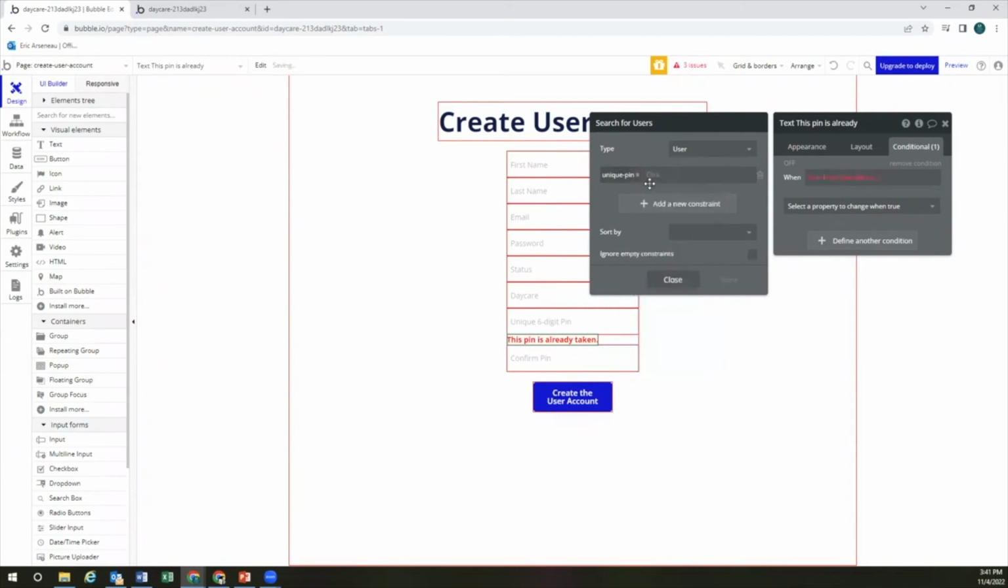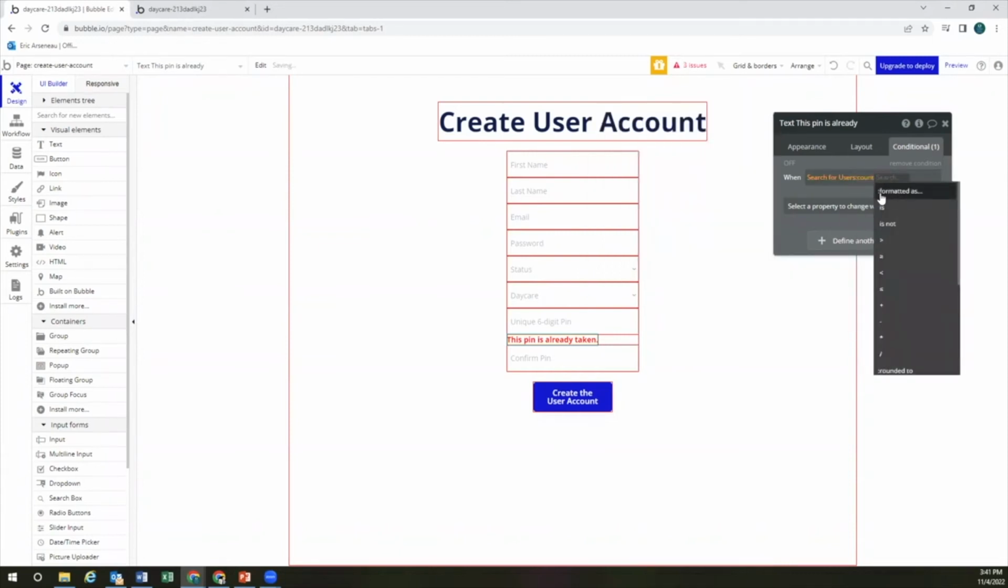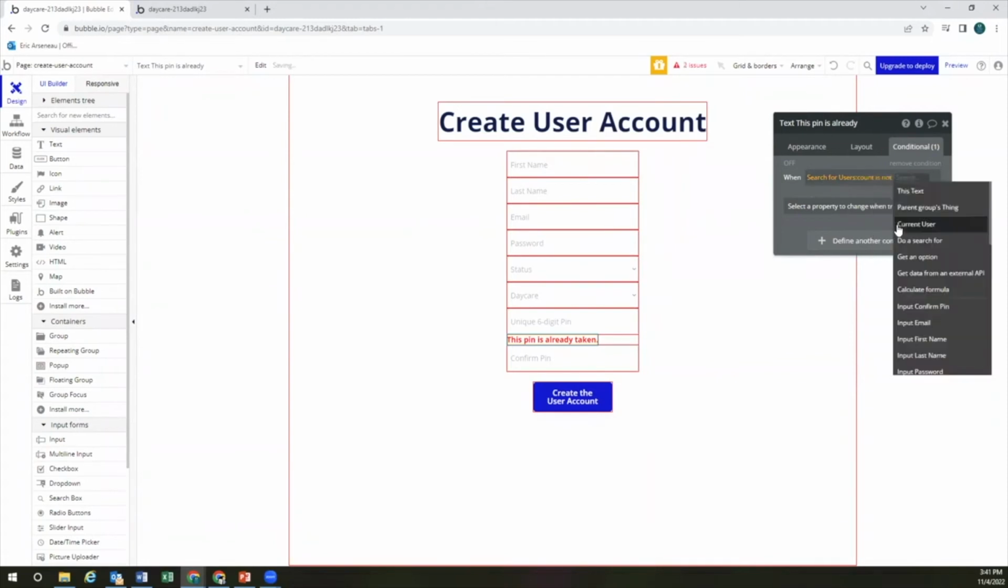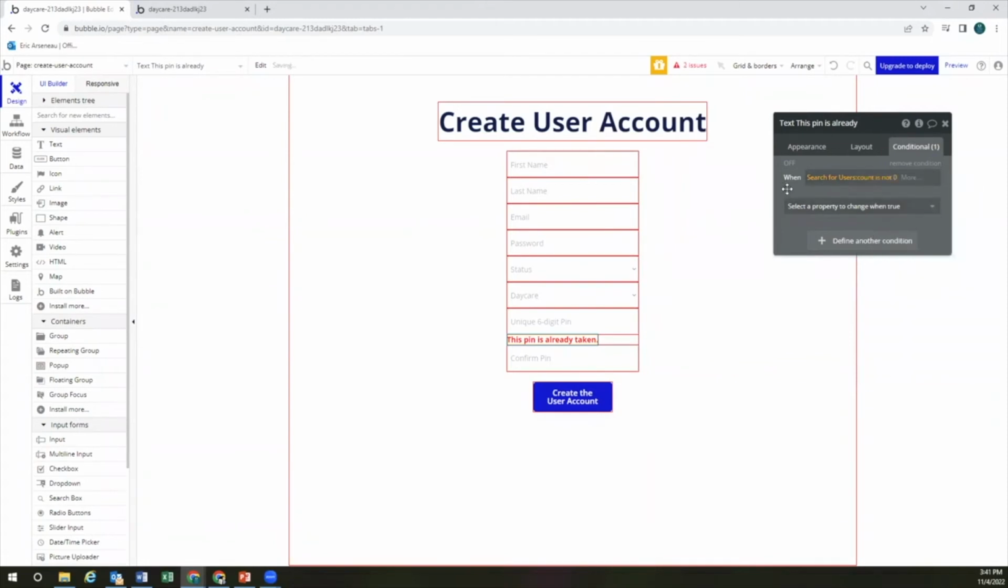Okay, so we want to set this condition where the unique PIN is equal to whatever the person types in. So let's input the unique 6-digit PIN, that value. Okay, so what we're just doing is comparing whatever's in the database, that's the left side, to whatever the person typed in, that's the input. And if it is equal, that will show one record. And so what we're saying is we want to make sure that the count is not 0